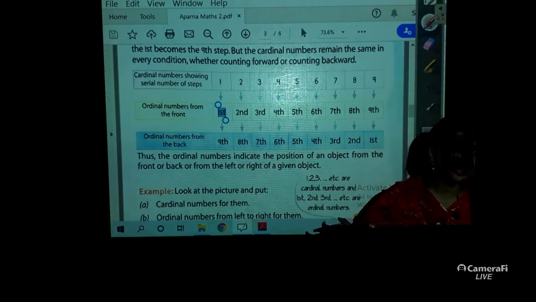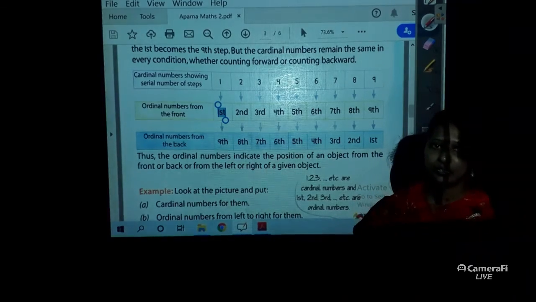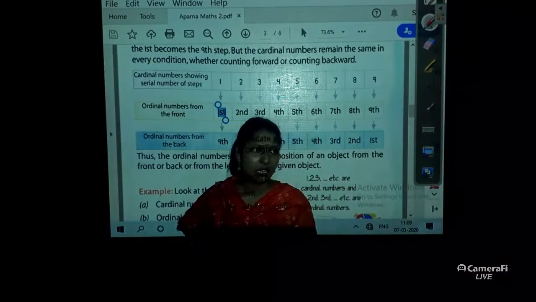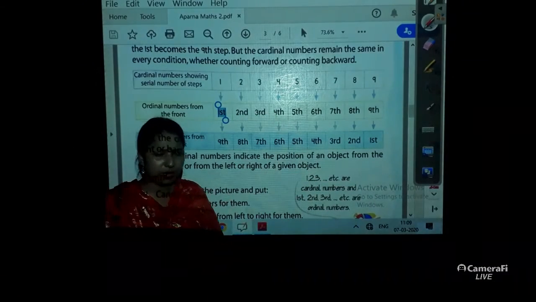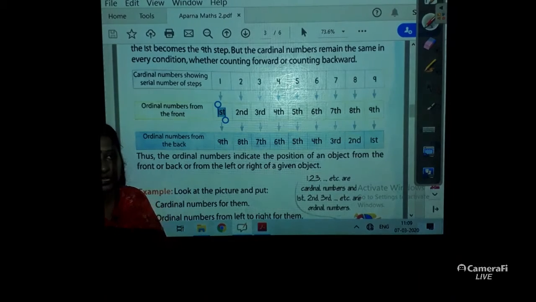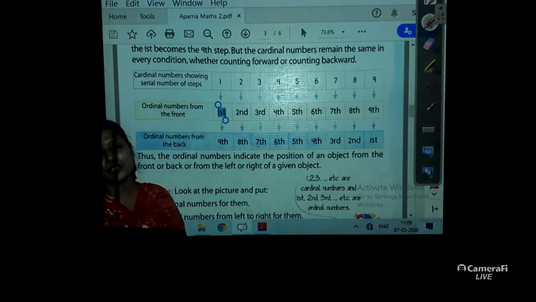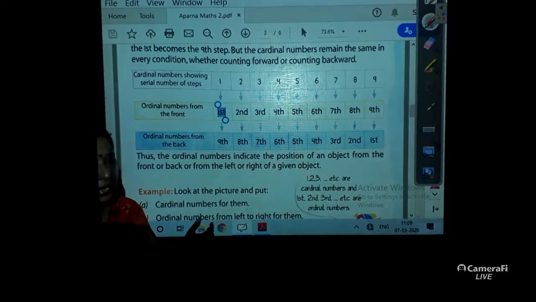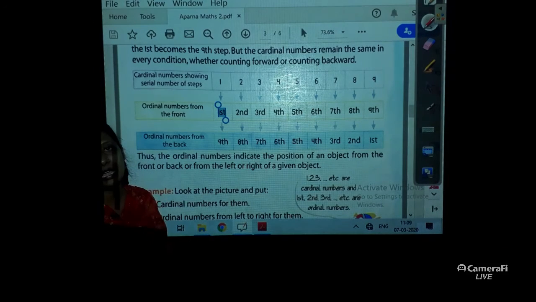So you need to understand the numbers, children. Don't panic. You will learn day by day. It's not that in one day you have to cover everything. It is the first video. In the next video I am going to explain each and everything, and in the live class also you will be able to understand everything.